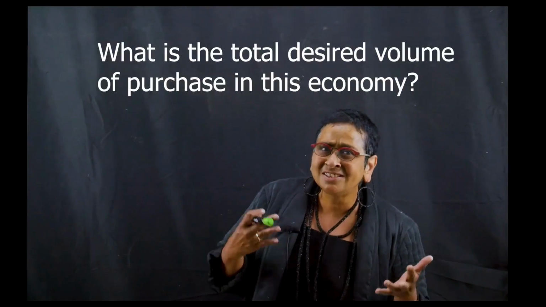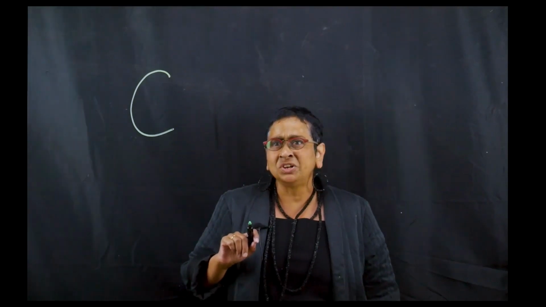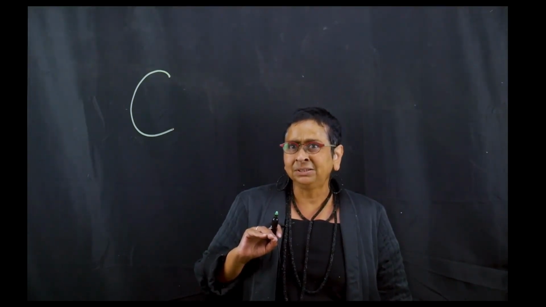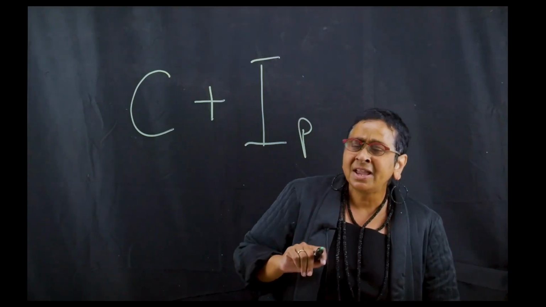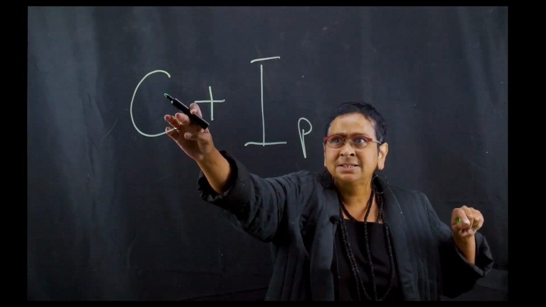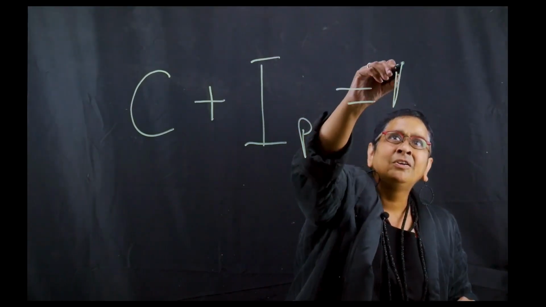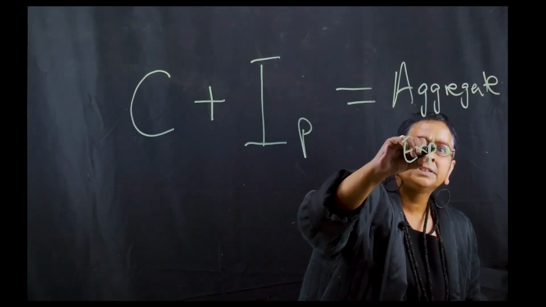pretty much. So now that I have a sense of the behavior of households and the behavior of firms, what I can do now is to think about, okay, so what is the total desired volume of purchase in this economy, right? And so what I'm going to say is that, well, households have their plans and they wish to consume a certain amount based on an income level, right? And then firms have their plans and they wish to acquire goods and services based on their plans. And I am going to call this C plus IP aggregate expenditures,